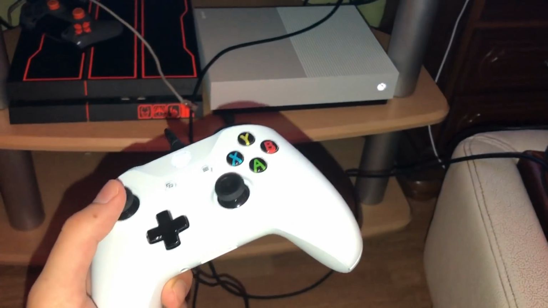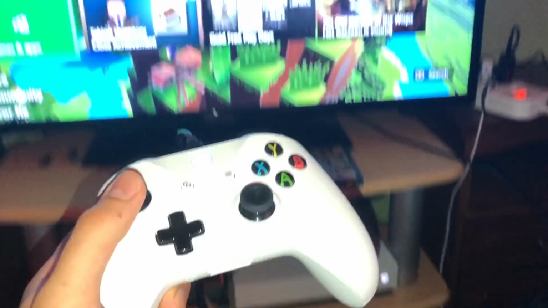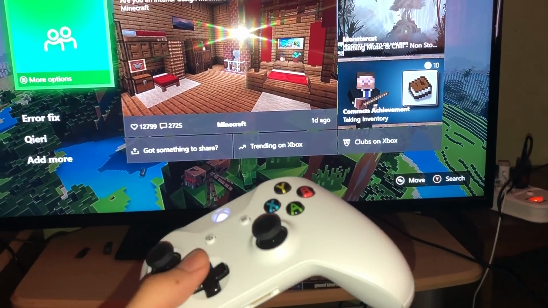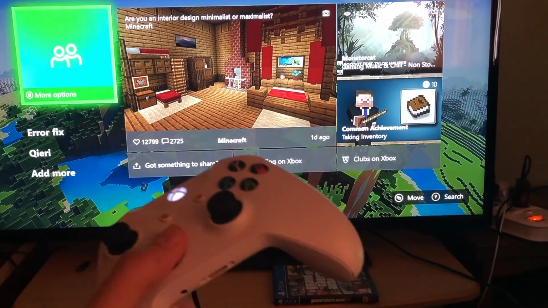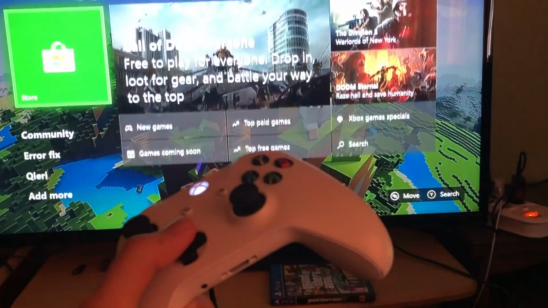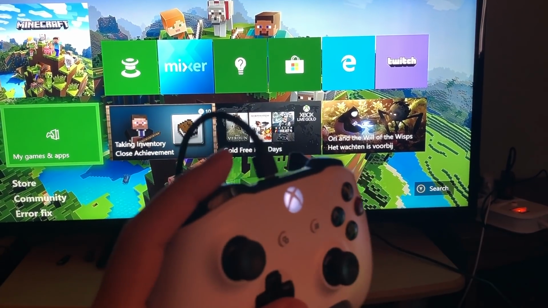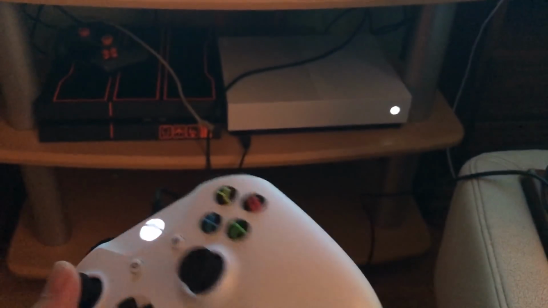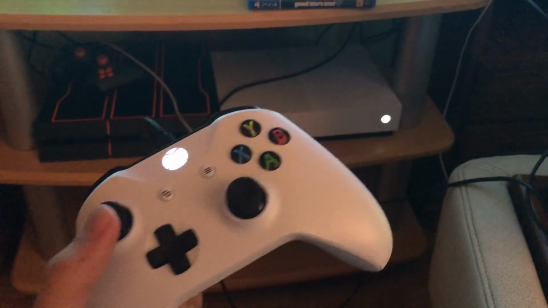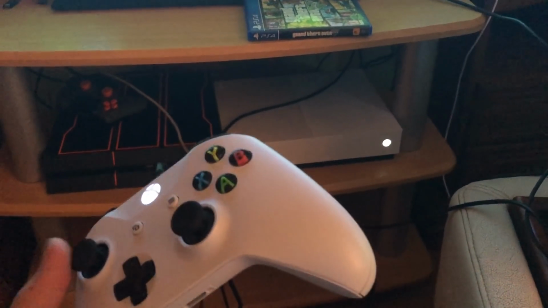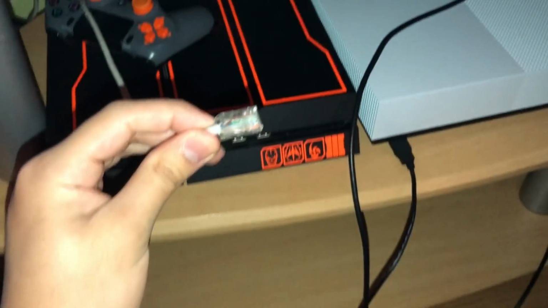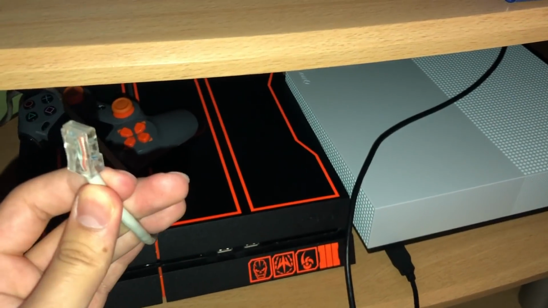If you are connected wired, it's going to give you a faster response. If you are using Bluetooth, it's going to give you a bit of latency actually. So it's always better to use wires than Bluetooth. And guys, if you have that, always use that. It's going to be a lot better for gaming experiences and competitive games or anything like that. So the controller was not really an FPS lag fix, but it's just an extra that I want to add to the video. So now let's go to the next fix.